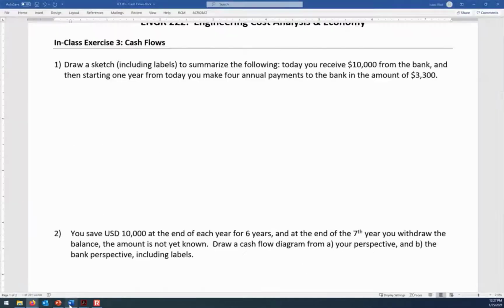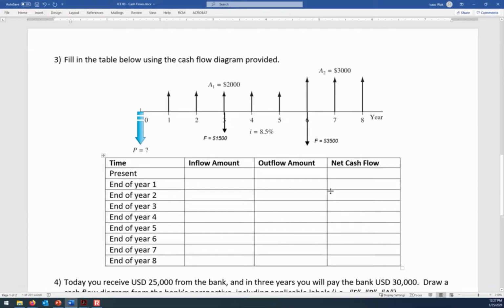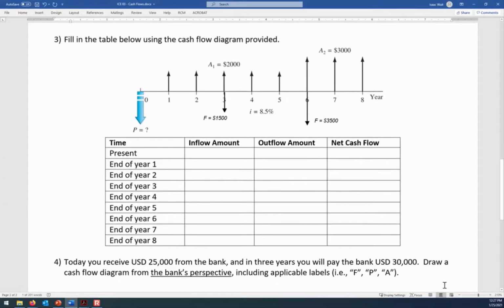Okay, so that was questions 1 and 2. Let's take a look at what we've got for the rest of this. Now, translating back and forth between diagrams, tables, and English statements is what we're practicing in this in-class exercise. Question 3 is I'm asking you to fill in this cash flow table using the diagram. It may seem a little bit pretty simple, and it is, but when we start using Excel,